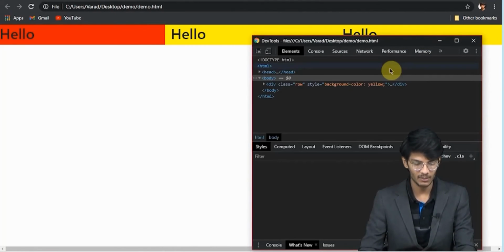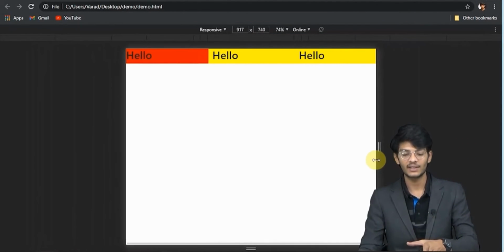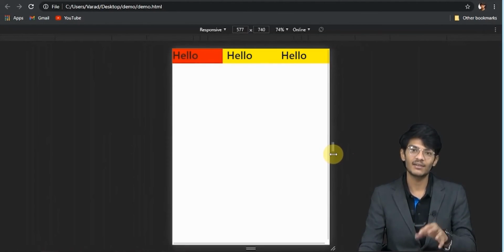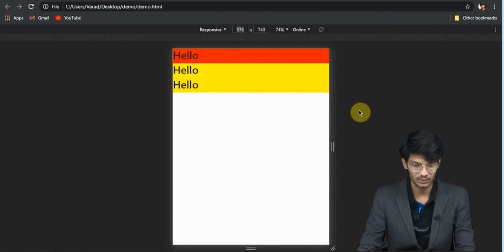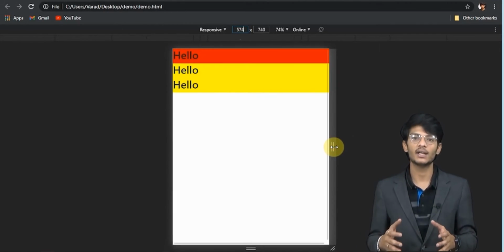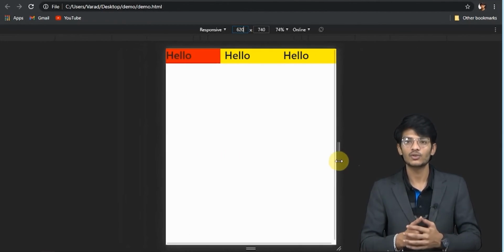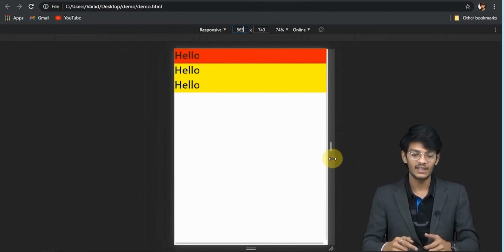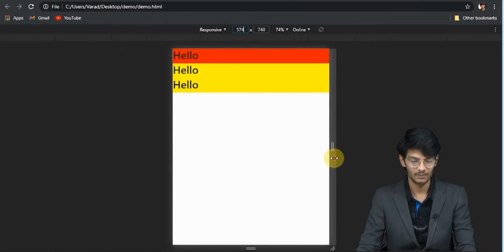The sm particularly means that the screen width is equal to or greater than 576, which means that if the width of the screen is less than 576, then they will arrange themselves, as we saw. So as we go into 576, what we saw in the first columns, that we have to squeeze the screen more. That was for the extra small screen size, and this col-sm-4 is for the small screen size.